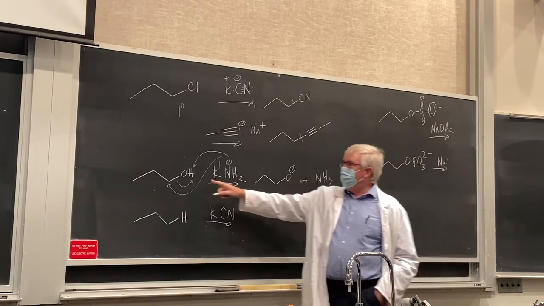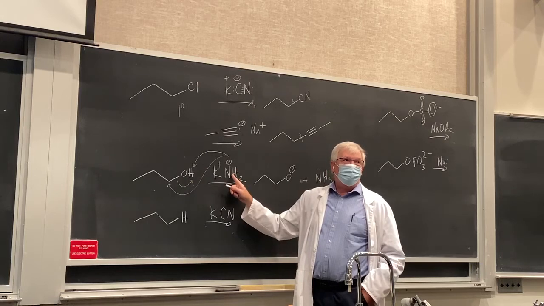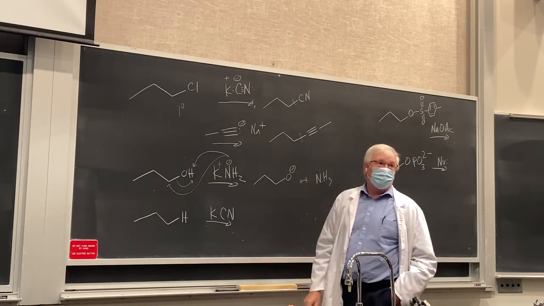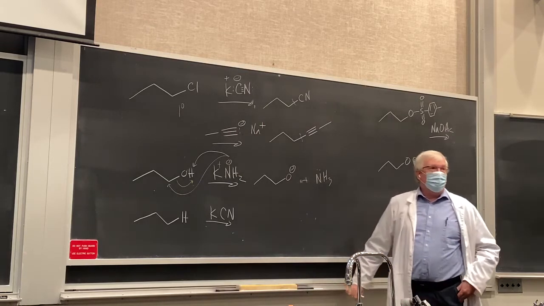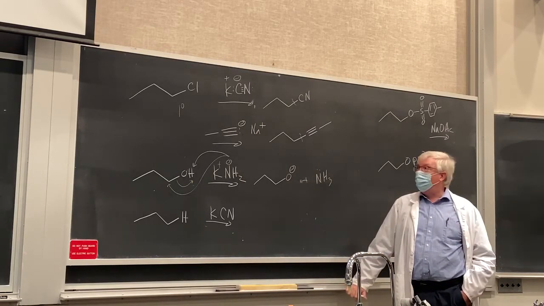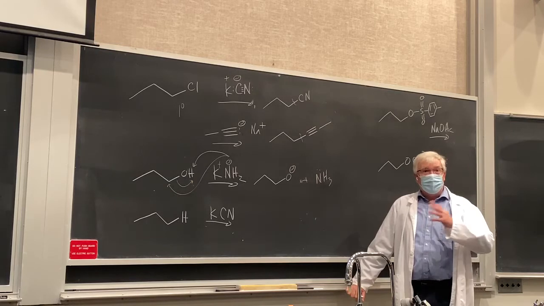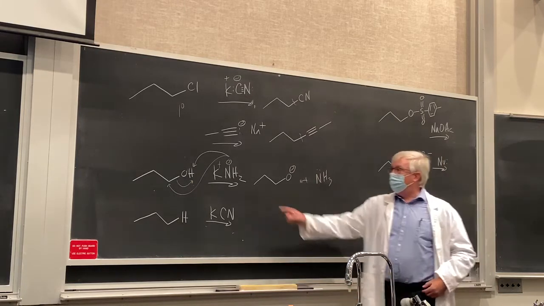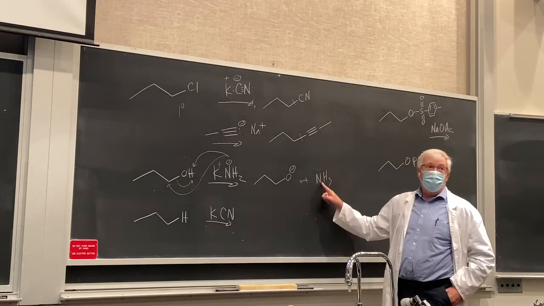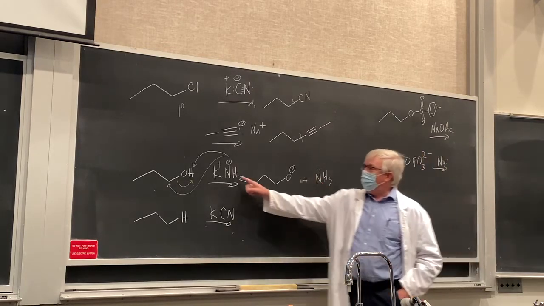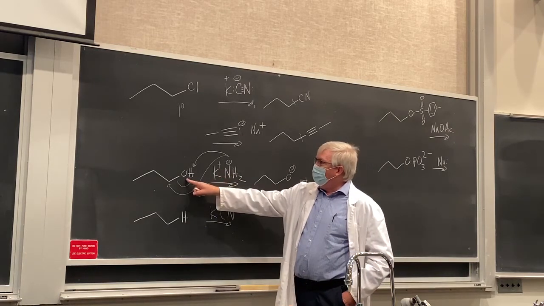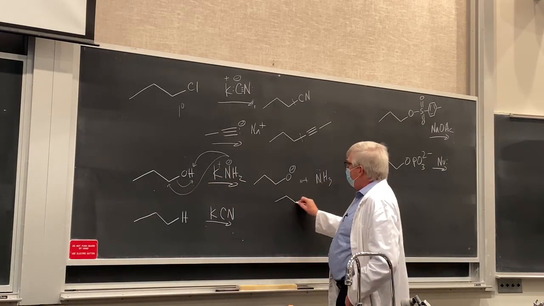This is a poor leaving group, and this is a very basic reagent. We generally want nucleophiles that are not too basic. In fact, the optimal pKa range for their conjugate acids is about 5 to 15. If we get too far above that, like this one, 38, okay, that means it's just going to deprotonate something. And plus, this is a terrible leaving group. Why is that a bad leaving group? Why do we not get this